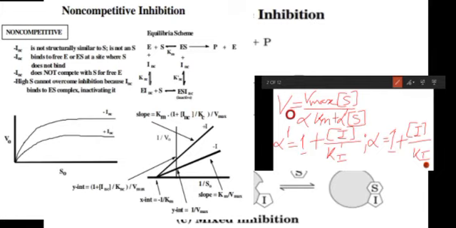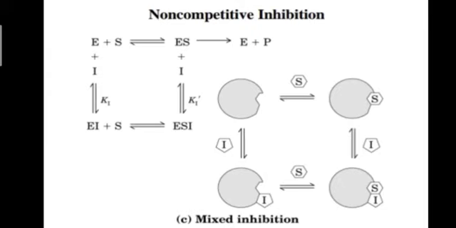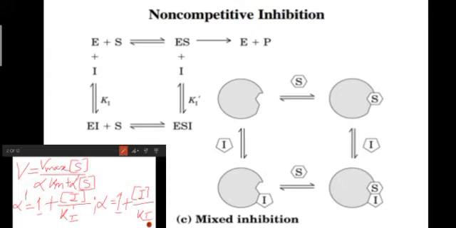A mixed inhibitor usually affects both Km and Vmax. The special case of alpha equal to alpha dash, rarely encountered in experiments, classically has been defined as non-competitive inhibition. Examine the Michaelis-Menten equation of the mixed inhibitor